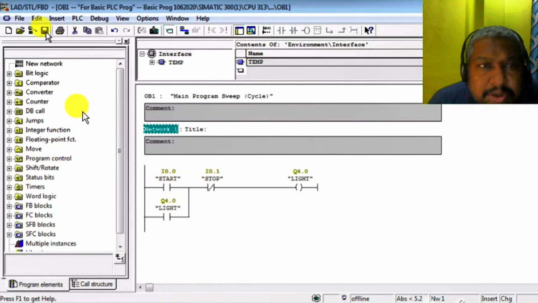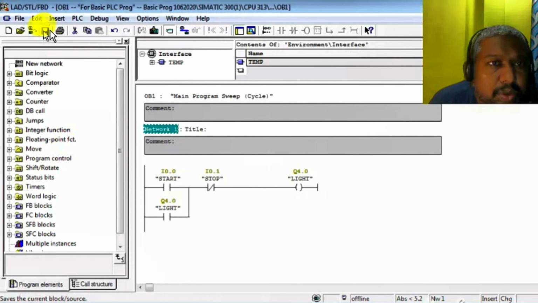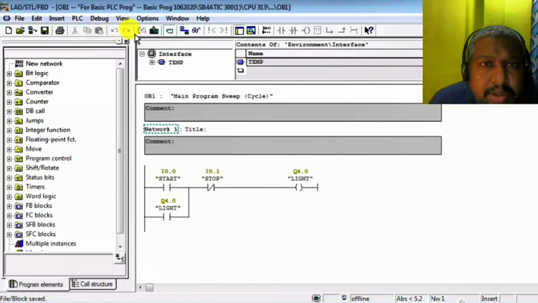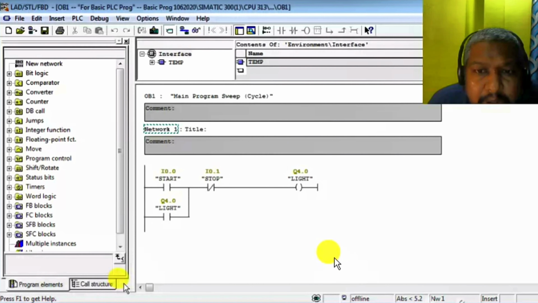So save, go to the save symbol, the floppy symbol, this is save, wait, okay, now download to the CPU. Okay, download completed. This symbol is the online symbol, and look at guys, this is offline now.